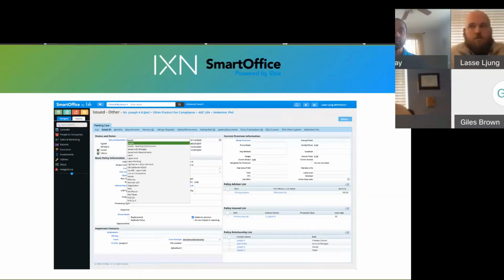Because the mobile app, which I'll show you here in a little bit, has this notifications tool, has a messaging aspect to it. So it's a whole new way to communicate with your agents that you've never been able to before. So what happens is you'll see here, you're seeing a pending case, right? The status is being updated. So if you go to the next slide, Ryan,